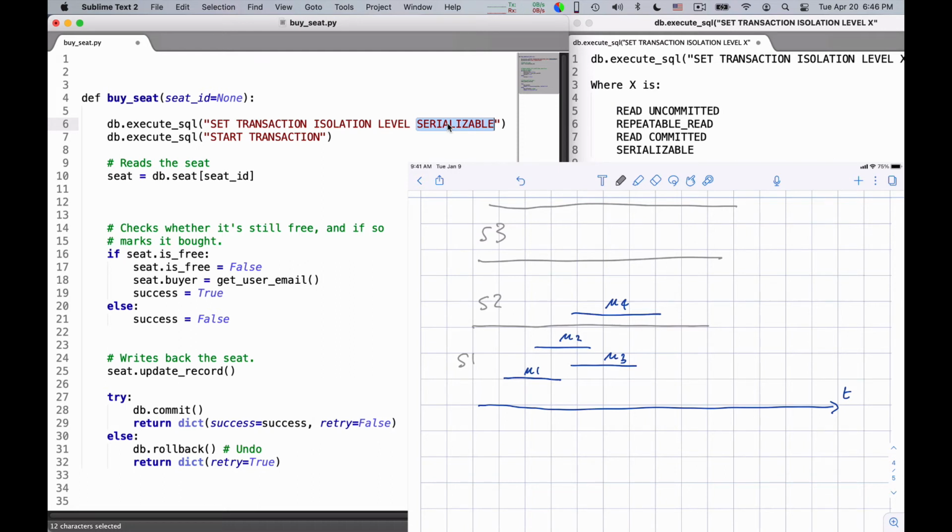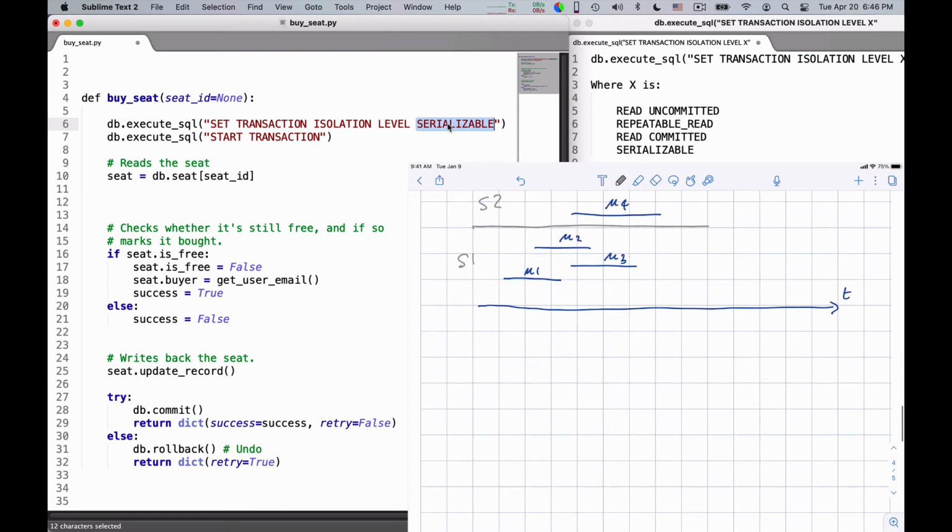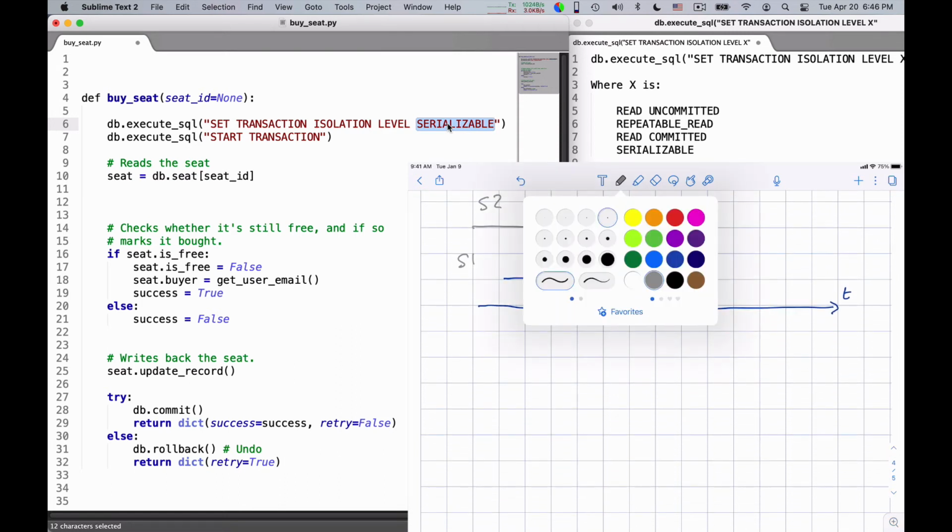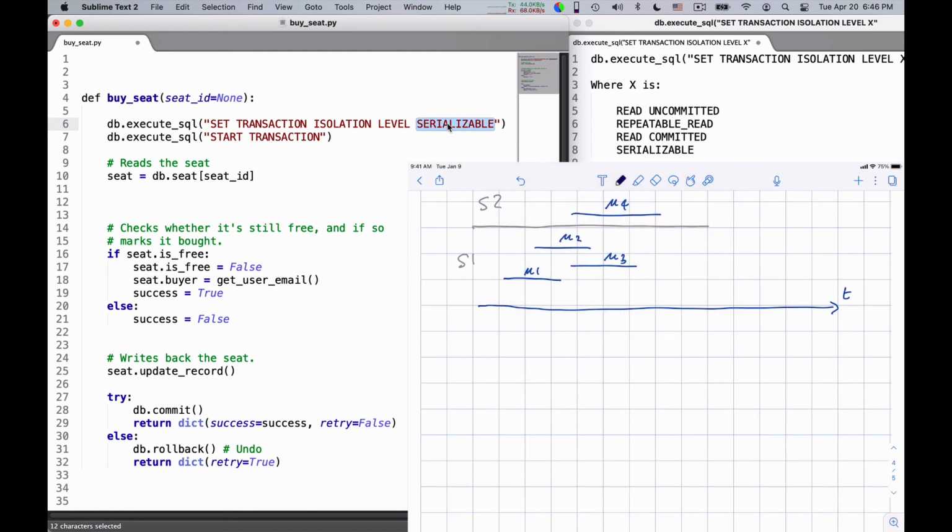So serializable isolation means essentially that the database is giving you this incredibly nice mental model in which time is still going on, and these user transactions will appear to you logically, from the point of view of their effect, as if they happened in some order.